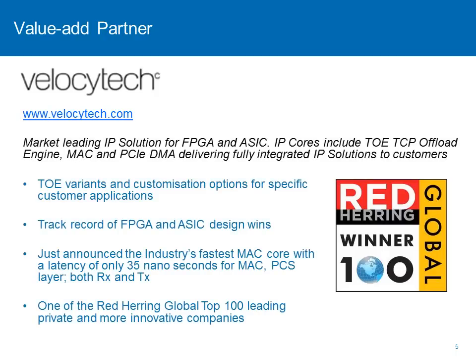The second of Nallatech's partners is Velocitech, an award-winning company based in Denmark. Nallatech has a track record of successful FPGA and ASIC design wins and license agreements with customers in the finance market. They have just announced the introduction of a new Mac core that achieves an ultra-low latency of only 35 nanoseconds, extremely attractive for finance customers wishing to minimise trading latencies. Nallatech is currently in the process of qualifying the Nallatech 385 card with their IP. For further information, please visit